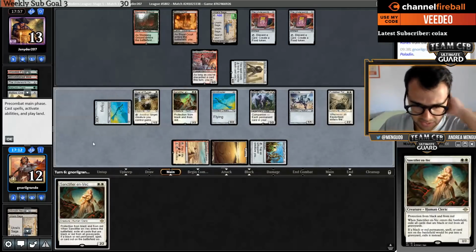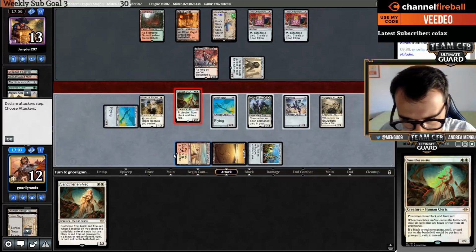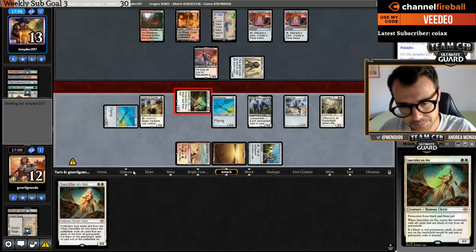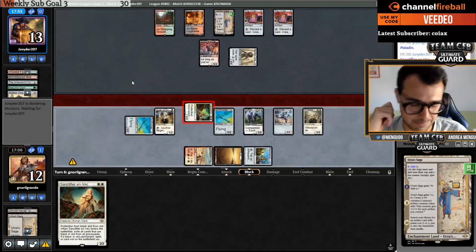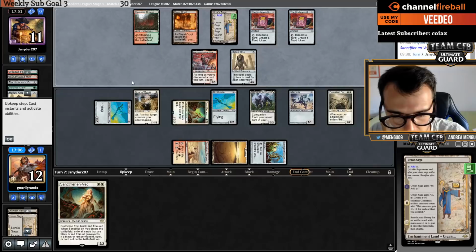Oh, I was supposed to play Sanctifier and Vec. I clicked on the wrong card. Anyway, I'm attacking with this and passing the turn. I feel like I can make a large construct. The construct they make is very large. But hopefully one day I can draw the...